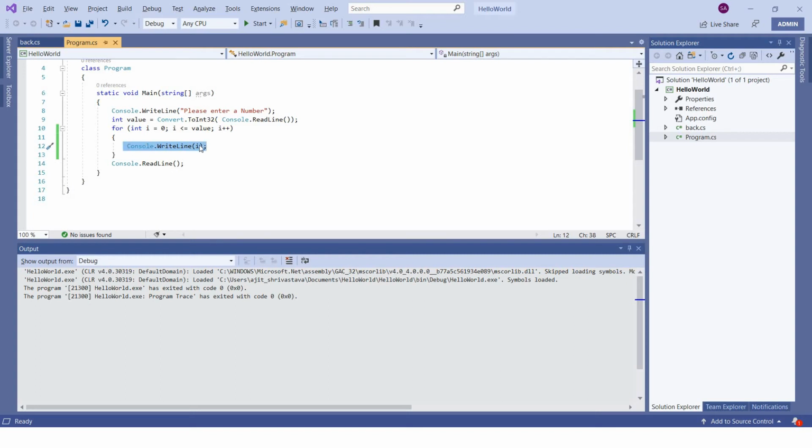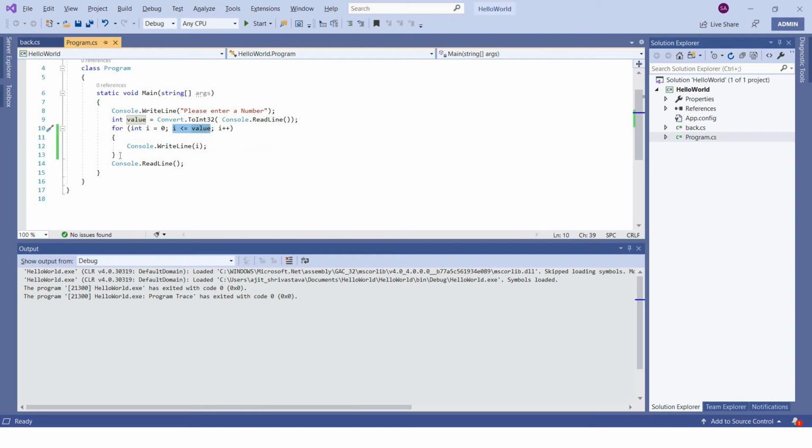Once this statement got printed and we reach the closing brace, it will automatically come to the increment counter, i plus plus, which means the value becomes 1. Now it will come once again to check the condition. 1 is lesser than 5, true, so it will print 1.